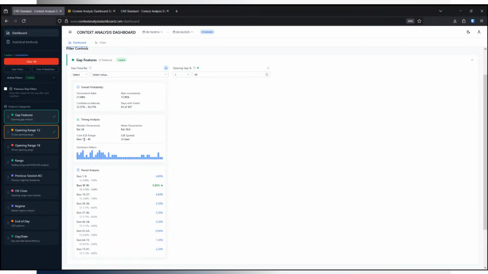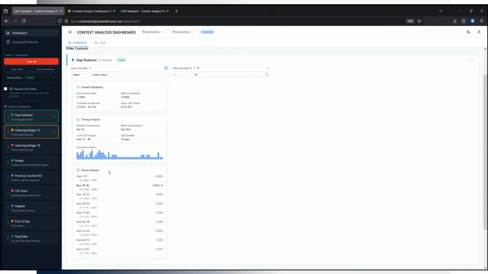We get the IQR, which is the interquartile range, basically the 50% of the entire distribution, the center 50. So it's the most common range when the feature should be expressed. It's 32 bars, right? So the middle 32 bars of this is that distribution,